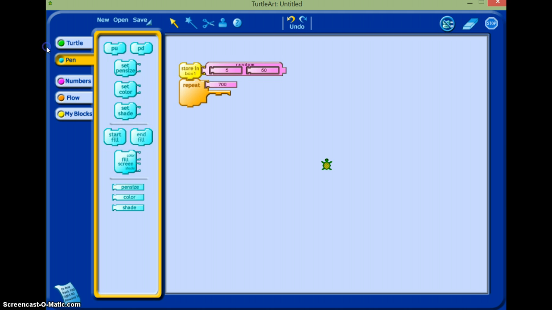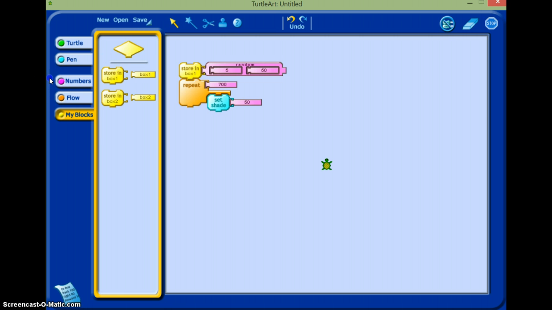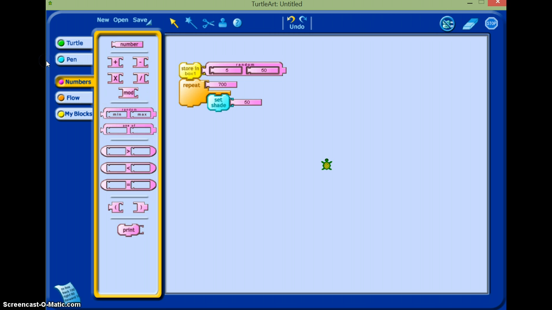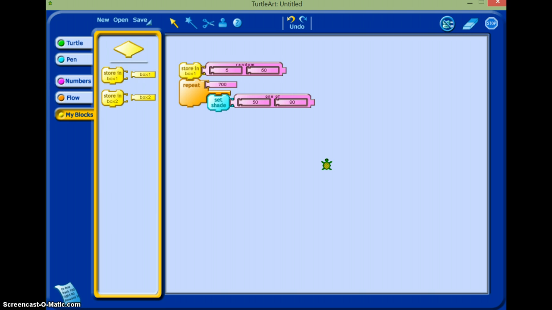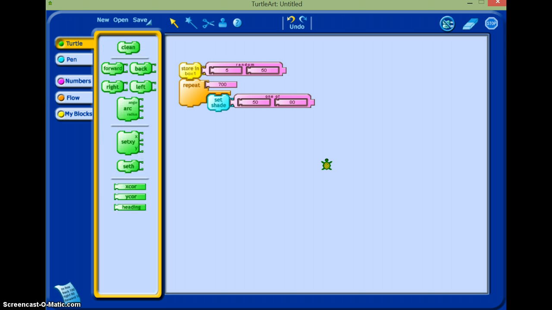Now, you're going to go to pen, and you're going to get set shade. Go to flow, to numbers, which is again the purple one, and take the one under the random one. We'll first take the 50 out. This is the one that says one of at the top. So here, you can again choose any numbers you want, but I'm going to be putting 850 and 80 in here. Now, you can go to Turtle,